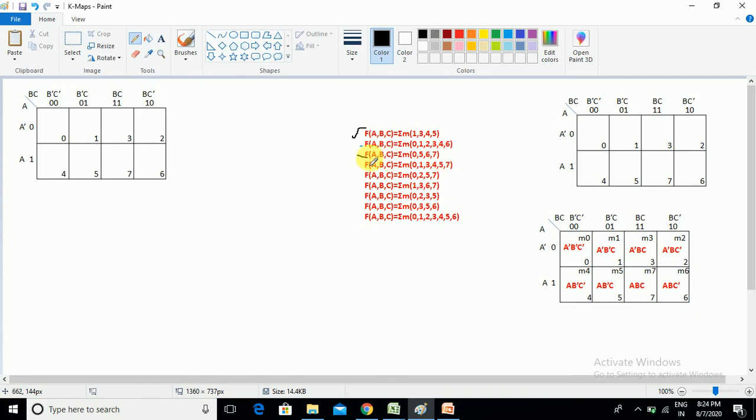Third one. 0, 5 and 6, 7. Now these cells are selected. See here, easily we can understand that we can create a 1 2 cell grouping, but a 3 cell grouping should not be created. This kind of grouping is not recommended in the K map, because we already discussed the point: we need to create a group of 2 exponential. We don't have the value 3 in any 2 exponential. 2 to the power 0 is 1, 2 to the power 2 is 4, but there is no 3 grouping, so we should not do it.